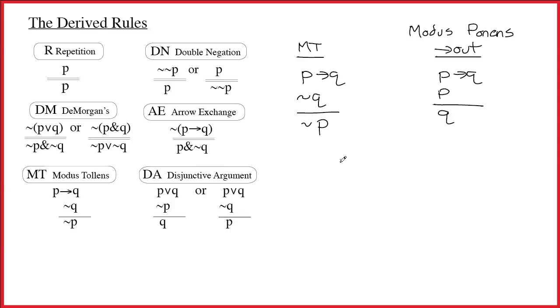Let's take a look at a couple of examples. Imagine you're doing a proof and you have A arrow B on line 1, and then on line 2 you have tilde B. Can you use Modus Tollens on this? Well, obviously you can. Here's how you should think of things. From now on, every time that you see the arrow as the main connective, first of all you think about arrow out. And you say to yourself, well, if I can find an A on another line, then I can write B. And you take a look. If you do not find A,